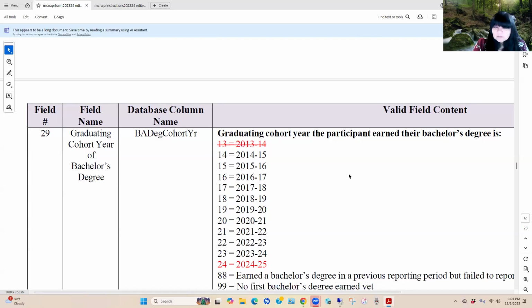By identifying this particular cohort of 24-25, we are now establishing that 10-year threshold that we're going to continue to report on this particular student, so as to give them 10 years to earn a doctoral degree. Once we report a particular cohort, we cannot change that in future years.